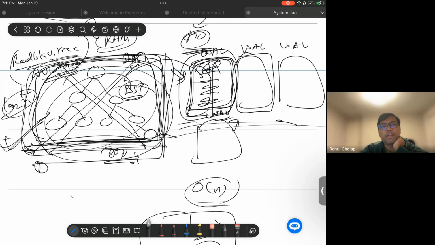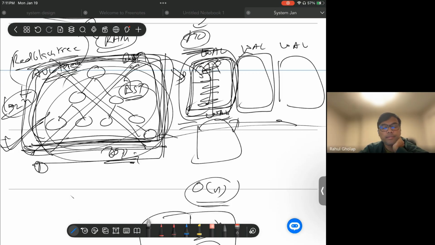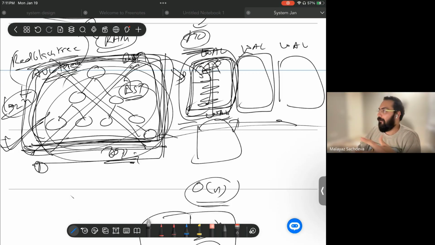The basic idea is if write is a priority, then use this, and if read is a priority, then use the other. But you should know the theory behind it, because once you say it, you should know why. That is my point. A lot of people have just crammed it, and a lot of people have the wrong cramming as well. I mention this every time. People say that